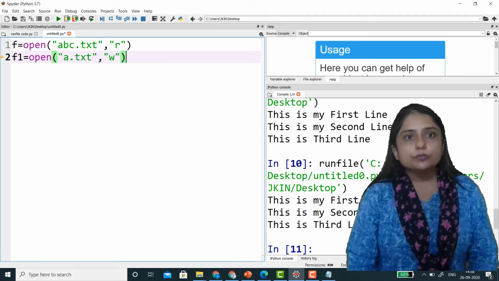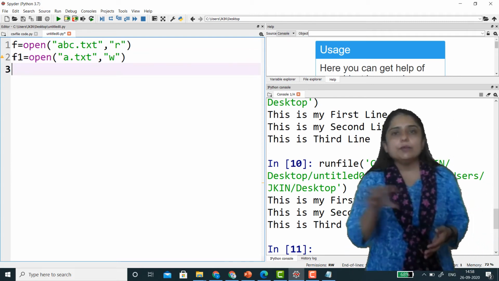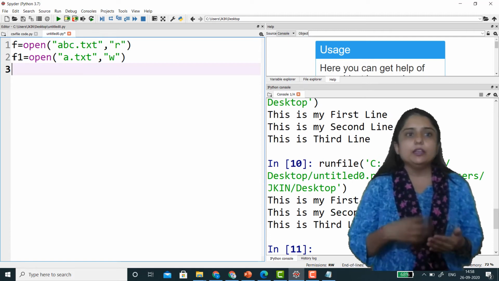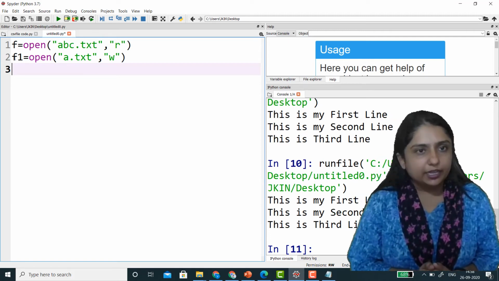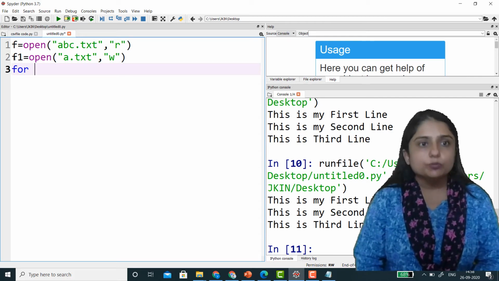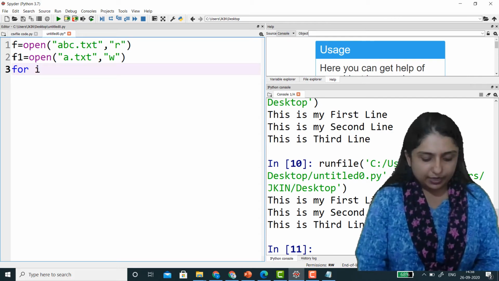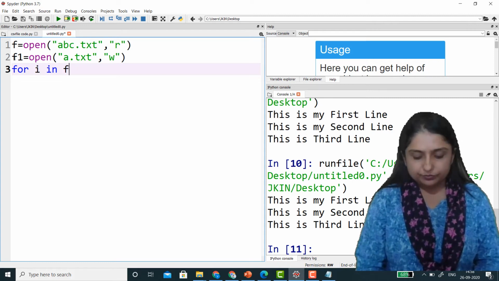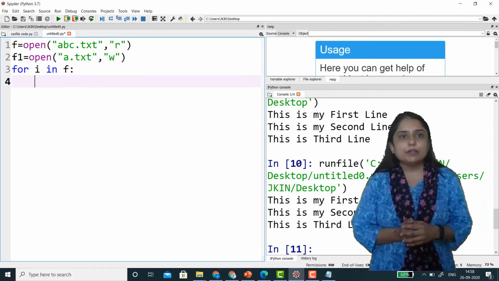Now I want to write line by line into file A. To get line by line, I have to use a loop, that is for i in f. So it will take one by one.